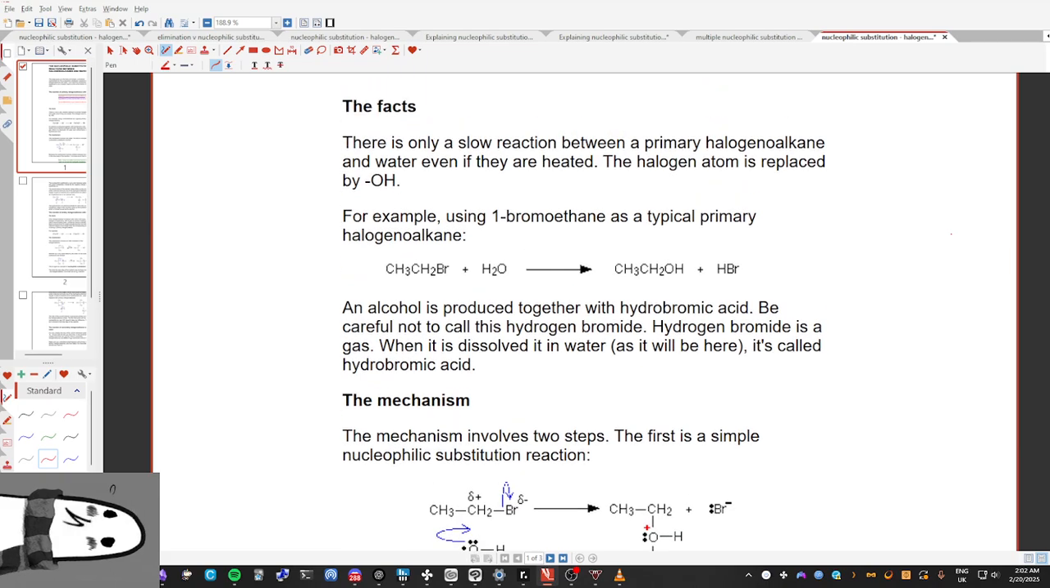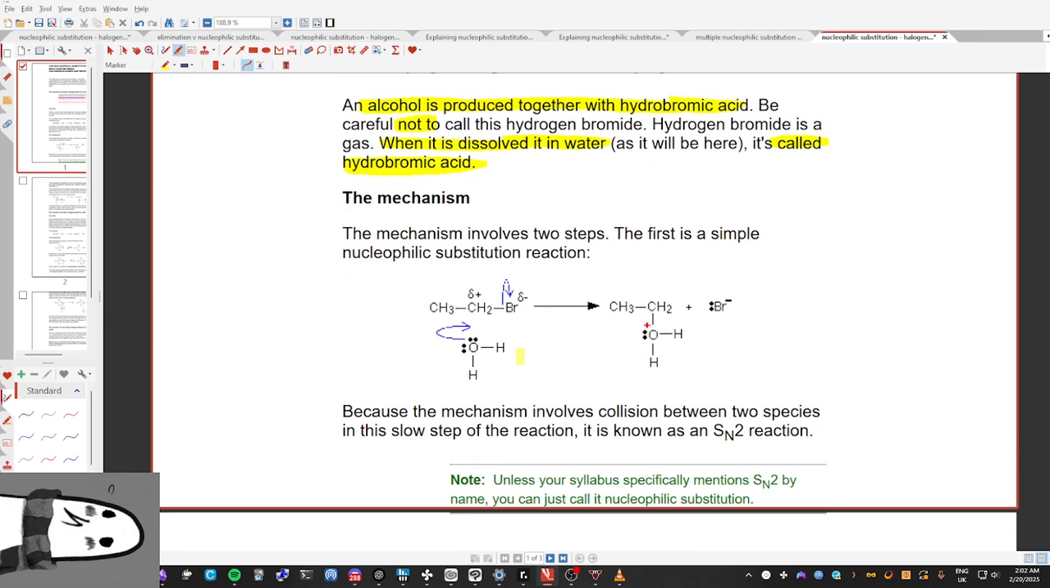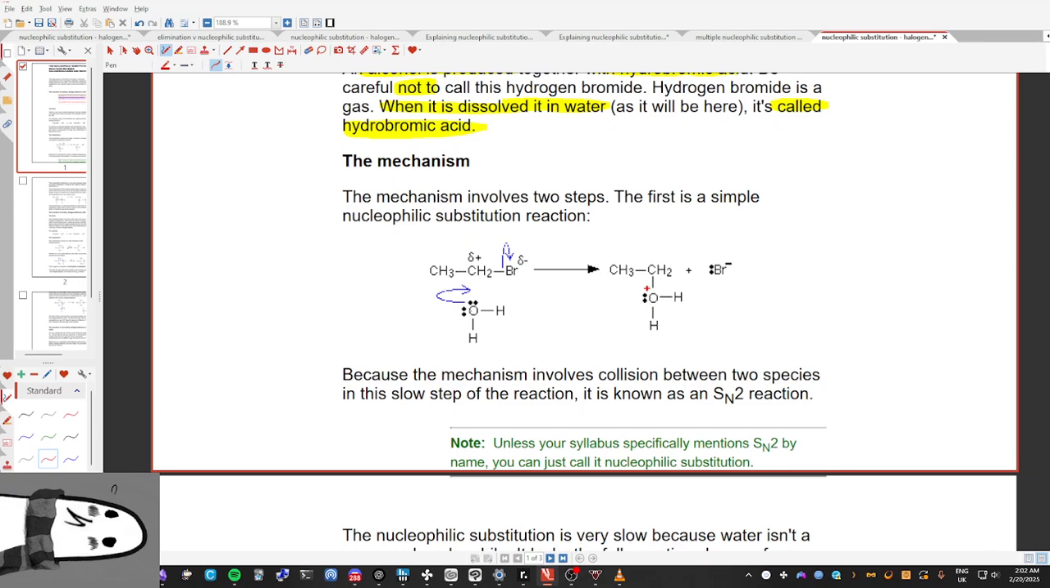So this is important. When you have a slow reaction, the halogen is replaced. Now using 1-bromoethane as your typical primary, alcohol is produced together with hydrobromic acid. Don't call it hydrogen bromide gas when it is dissolved. When dissolved, it is called hydrobromic acid. And the mechanism itself states that when you have O with two hydrogens and a minus,